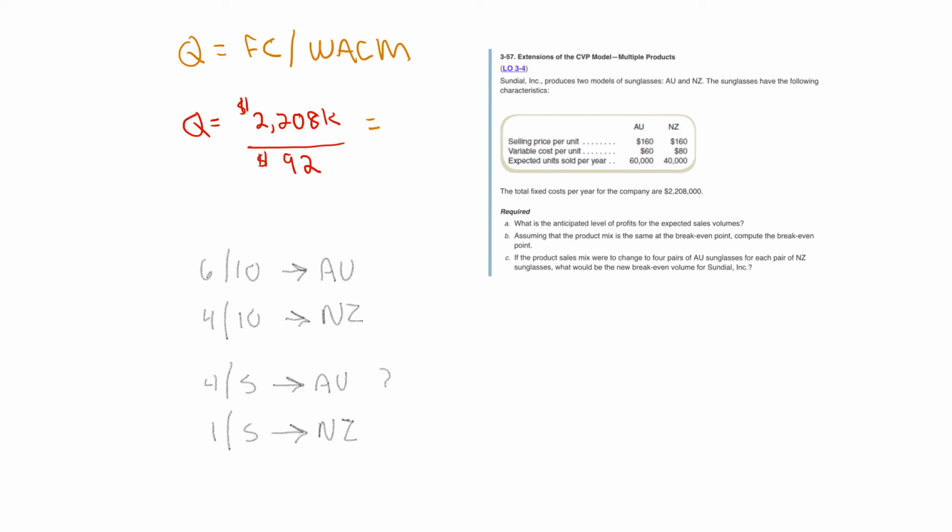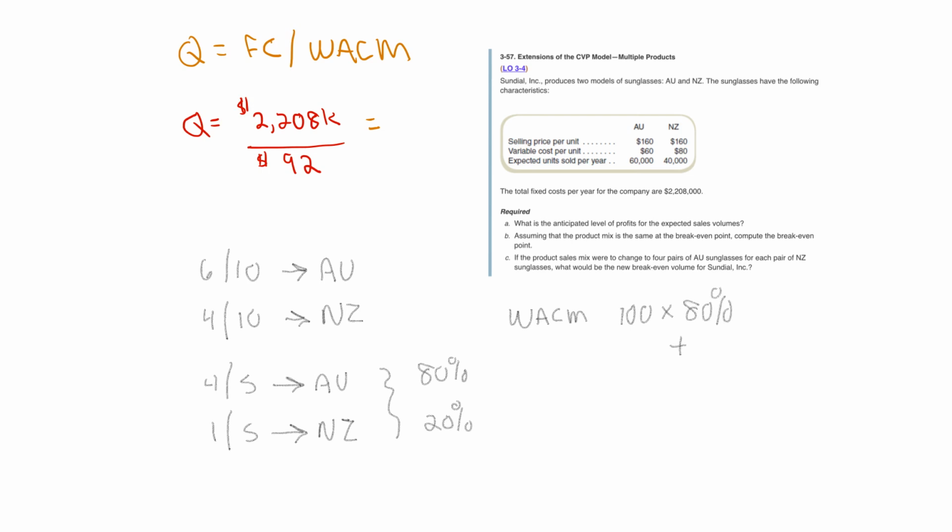Right, so if you work that out, then the new mix is 80% AU and 20% NZ. So that means we would get a new weighted average contribution margin, which would be based on $100 times 80%